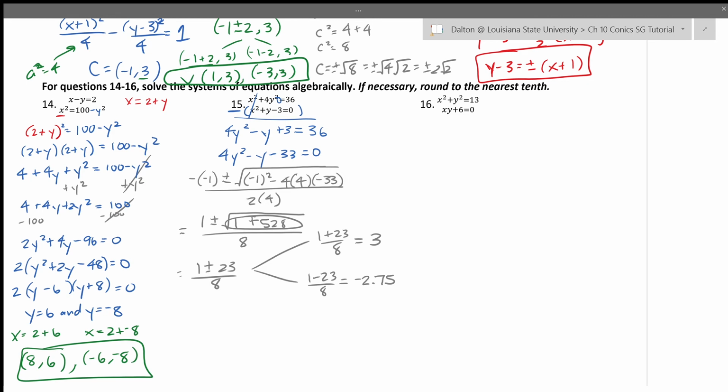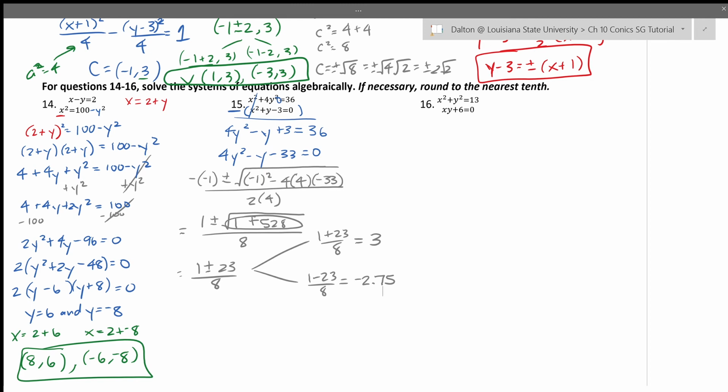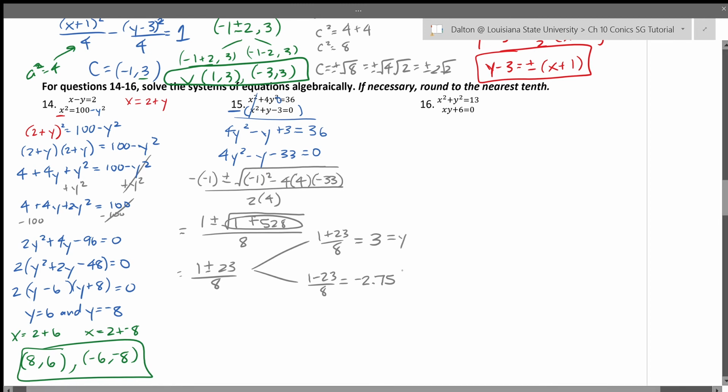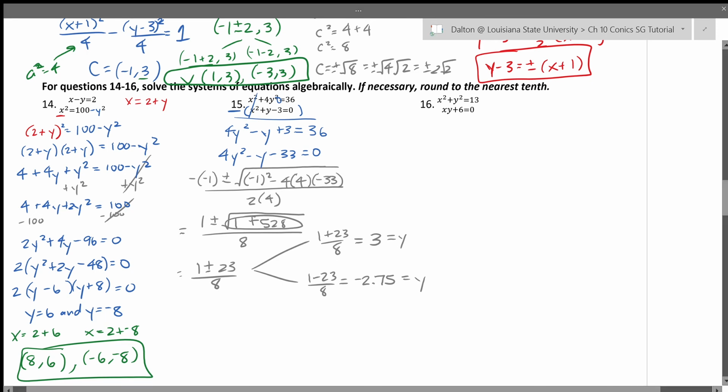The thing you have to remember though, and what's usually weird, is you use quadratic formulas to find x's. We actually just found, since we eliminated the x variable up at the top, we're dealing with the y's. So we actually just found y is equal to 3 and y is equal to -2.75. So when you substitute these values back into one of your original equations, you need to be substituting them back in as y instead of as the x. So I'm going to plug mine into the second equation, just because I think it's a little bit easier. So say, okay, if y is equal to 3, then that implies the bottom equation says